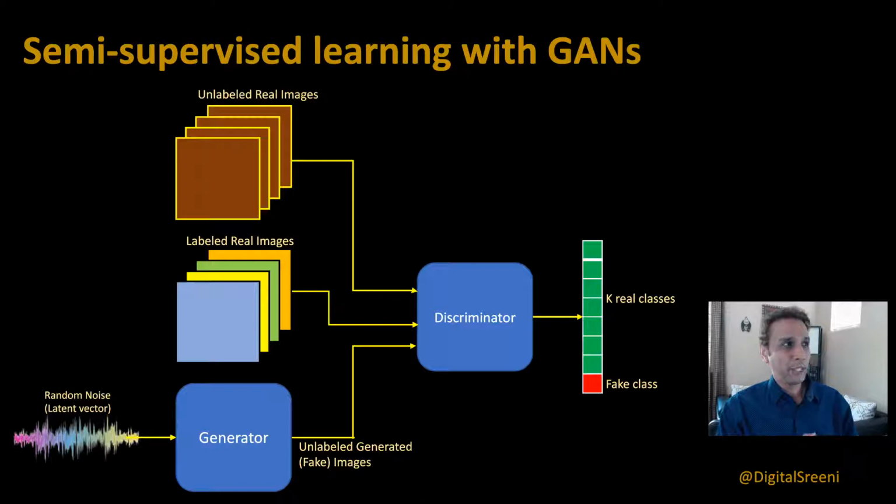And what does semi-supervised mean? Well, supervised learning means you have your data and corresponding labels, and this can be images and what class these images belong to, or images and masks for semantic segmentation. But this is all supervised. Unsupervised is you just have a bunch of data and you want to classify or segment that, or whatever the task is. So that is unsupervised, and semi-supervised falls somewhere in between, meaning you have some labeled and a lot of unlabeled data. So let's first understand what semi-supervised learning is, and then we'll get into the GAN part of it